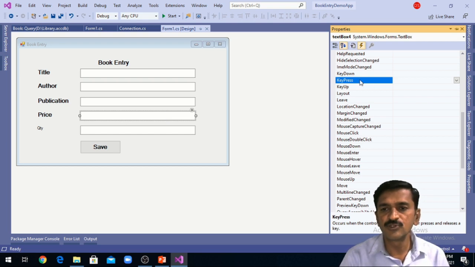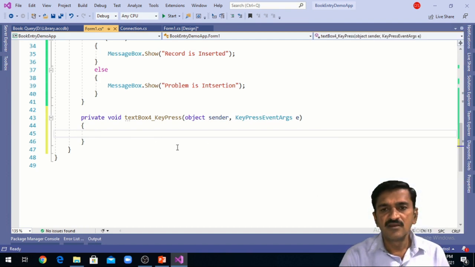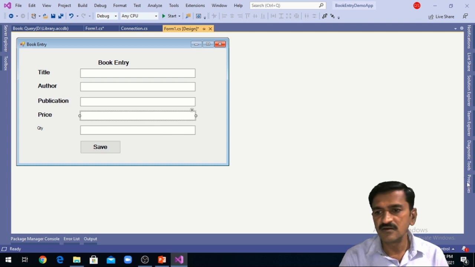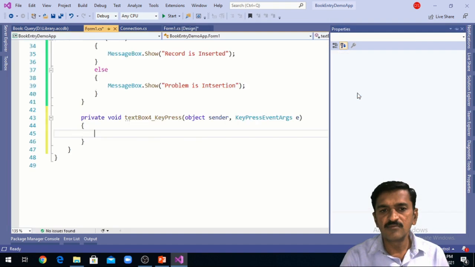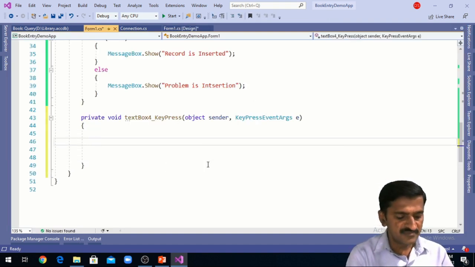So for that, I'm going to use the key press event. Once I have added the key press event, simply double click on the key press event in the properties so that a handler for the key press event will be added. So I'm moving to the key press event and I'm checking here if